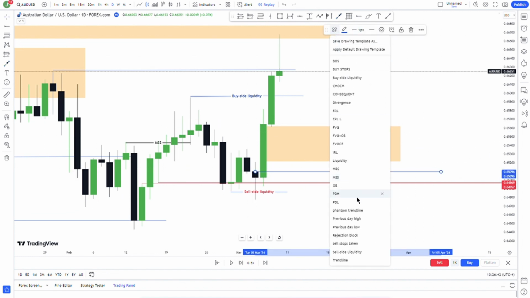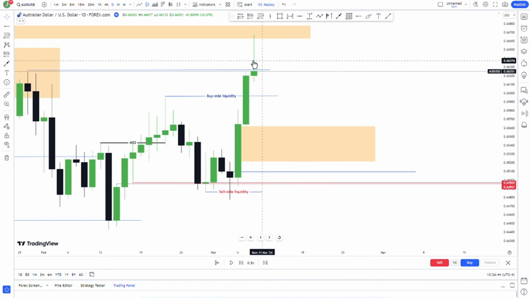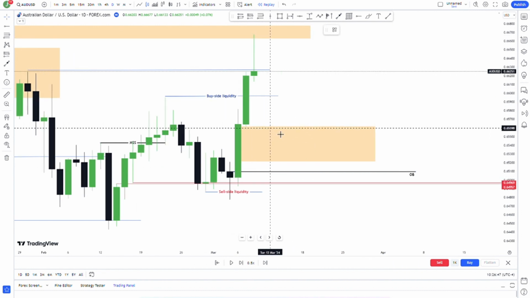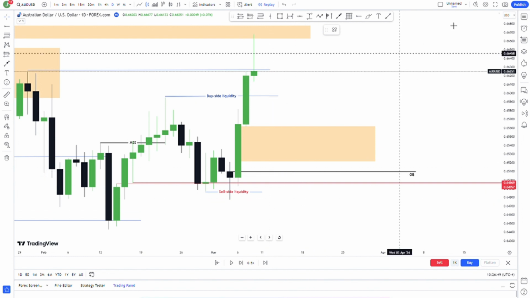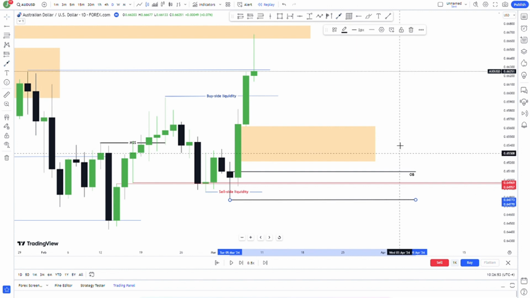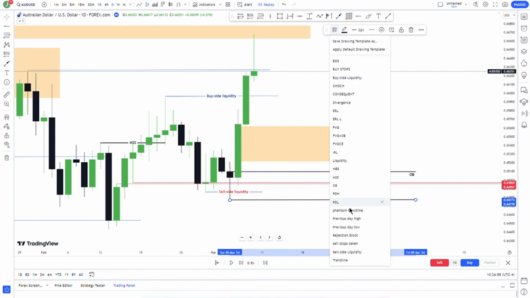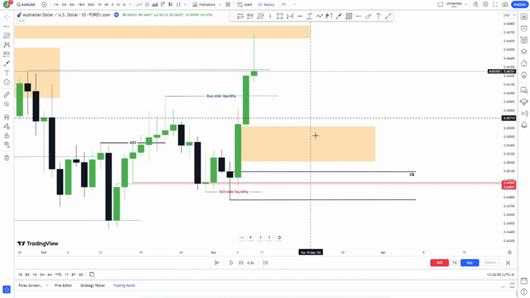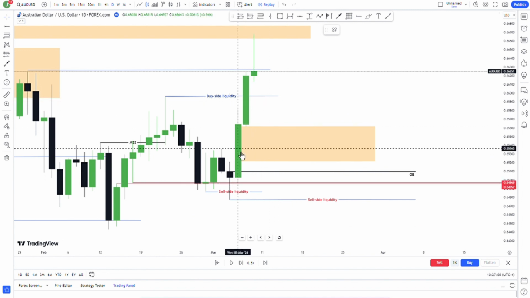So what we want to see is the market from here selling up until this level and this level, and ultimately we'd want to see it trade below this level, which is also liquidity, the previous low. So if we let it play on,